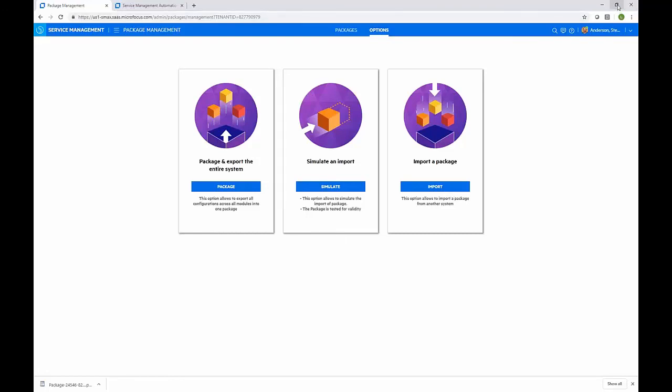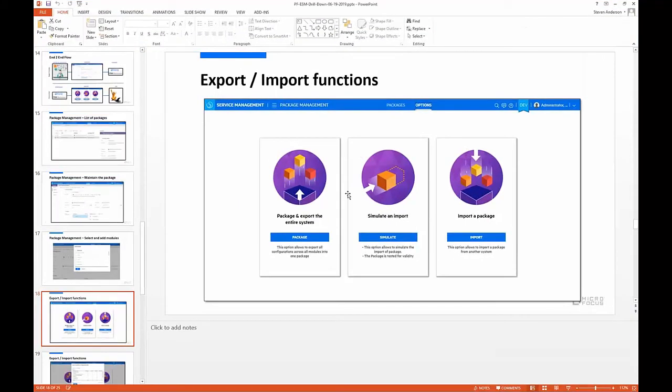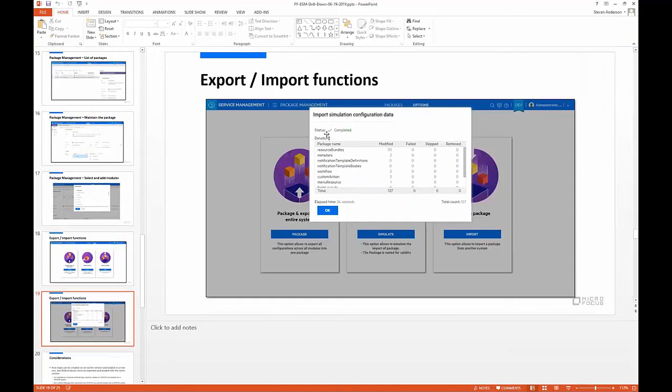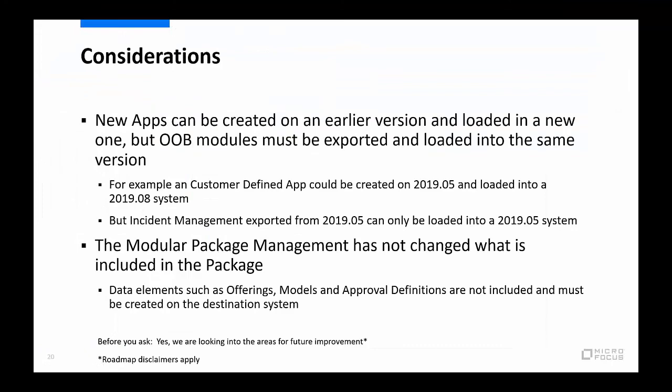All right, so I'm going to exit out of here, go back to the deck. Okay, that's what I just covered here, the export and import function. Let's go into full screen. Considerations. So there's a few things that you should be aware of as you're approaching the dev to prod process